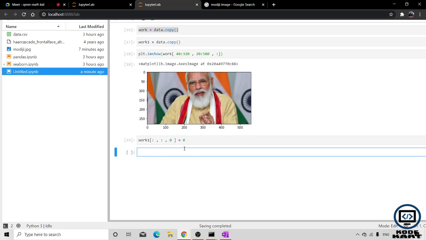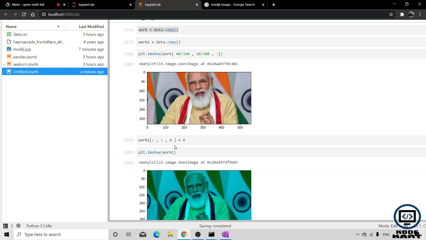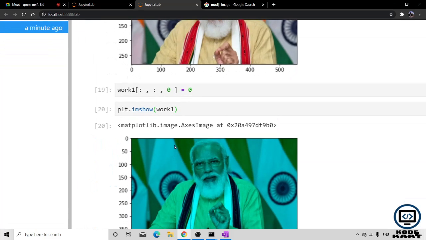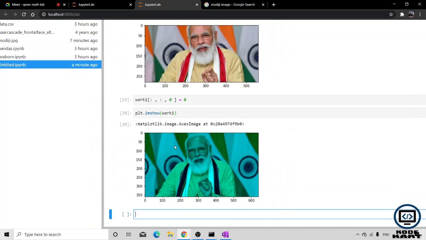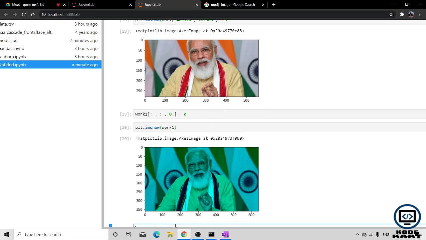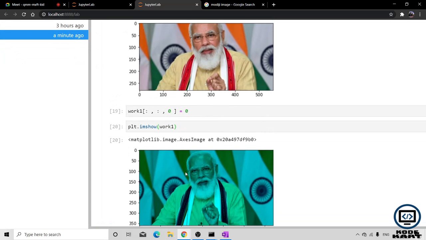What I have done is that all the values on the third axis at index 0 are set to 0. It means I have just removed one color from the image. If I do plt.imshow of work1, you can see that one color of the image has been removed. I think it is the red color, because the red color is not showing properly now.